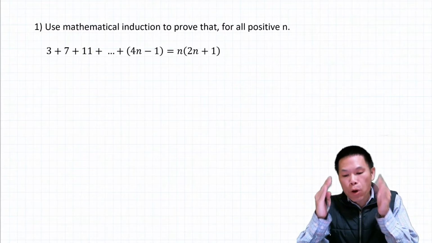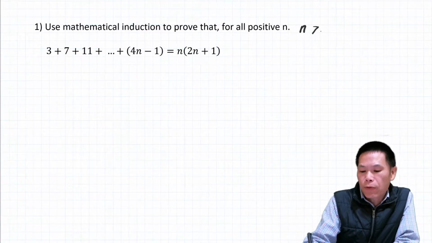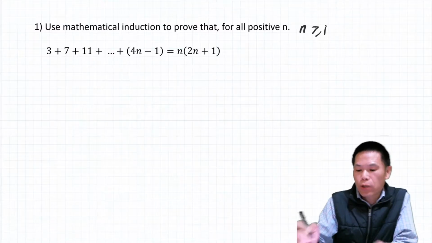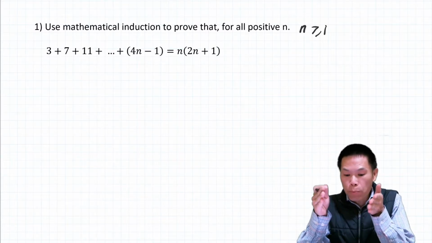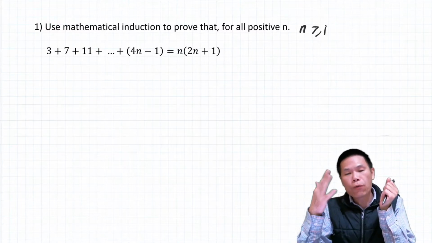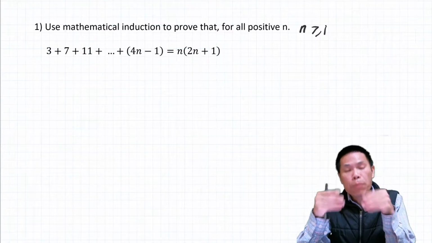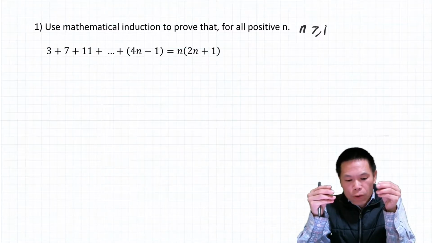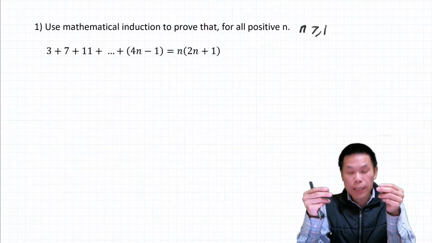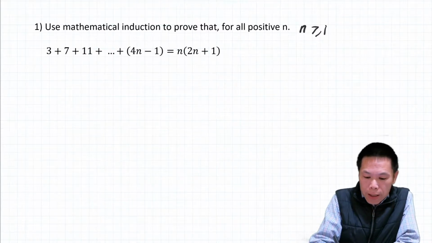So for all positive n, this means that n is starting from 1, greater or equal to 1, because it's all positive n. So that is n equal to 1, 2, 3, 4, 5, and so on. To prove this statement is true, before I do this, let's just have a look at the statement first, so we can understand a little bit more. So for example, when n equal 1,